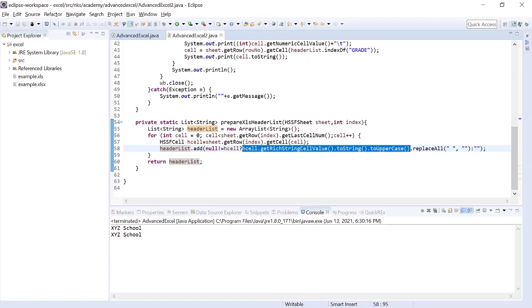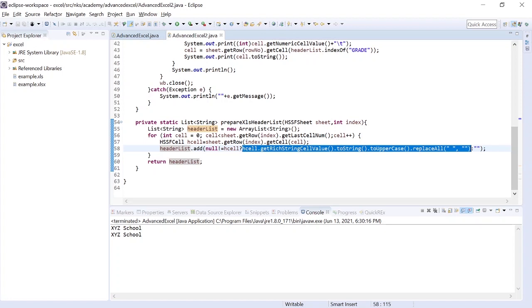Now let's go one step further and make it more dynamic. How to do that? I am replacing all the spaces with blank, which means nothing. Why am I doing this? Suppose in serial number, at the end someone has given one space, then that will also be captured. So for that we can do a trim.